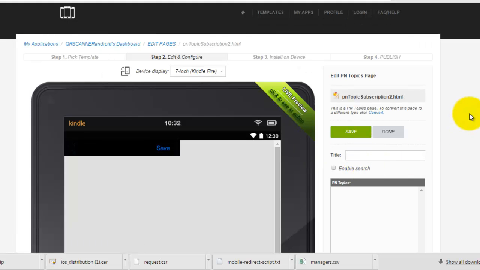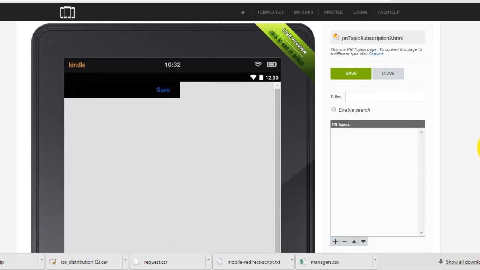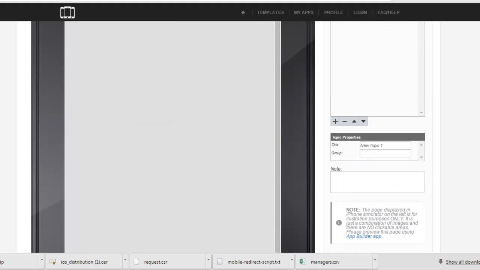Now this is where you add the actual topics that the app users will be able to then decide which topics they want to receive push notifications for. So if for example, going back to the estate agents, the app user is only interested in detached properties, then obviously they don't want to receive push notifications for apartments. So the way that you add the topics is you just click the plus button and then scroll down, and you'll see you give a title and a group. So let's say we put